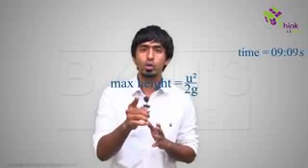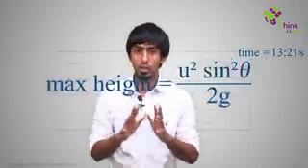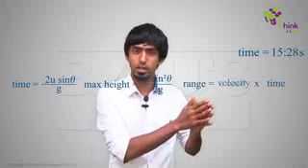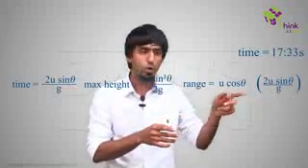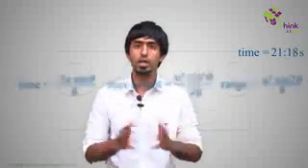You want the maximum height. You throw a ball at u, you know it goes to a height of u square by 2g. So you just replace u with u sin theta over here, u square sin square theta by 2g. You're done. You want the range. You know the velocity is u cos theta initially. You want the time. Time is already over here. So u cos theta into 2u sin theta by g. You can rearrange it. You'll get u square sin 2 theta by g, and you're done. That's all it takes to derive all these problems, doesn't it?